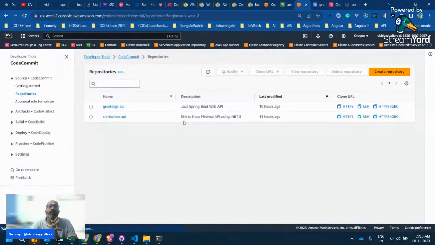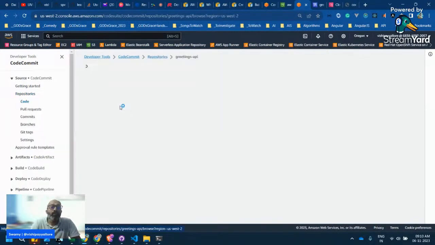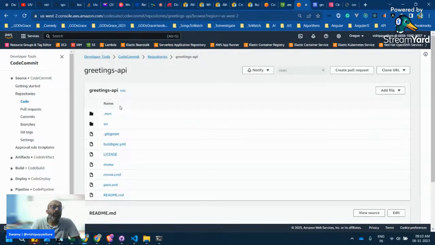Then in the next 20 days, we'll have another session where we will do a deep dive with all the missing parts in both code commit as well as in code build. Let's do that. So these are the two repositories. I'll go into this repository, and inside this repository we have covered quite a few things, but still if you see the pull requests,